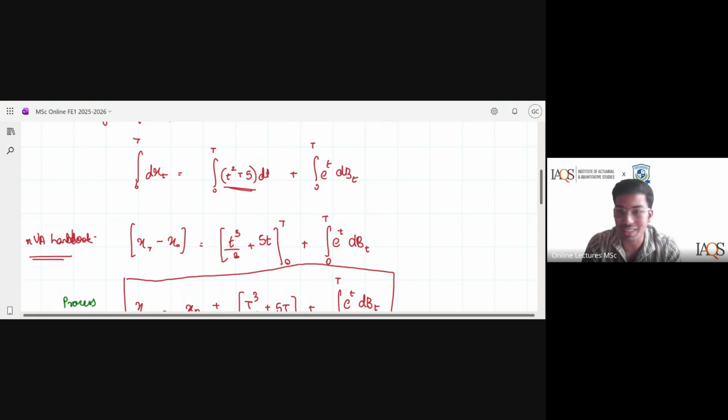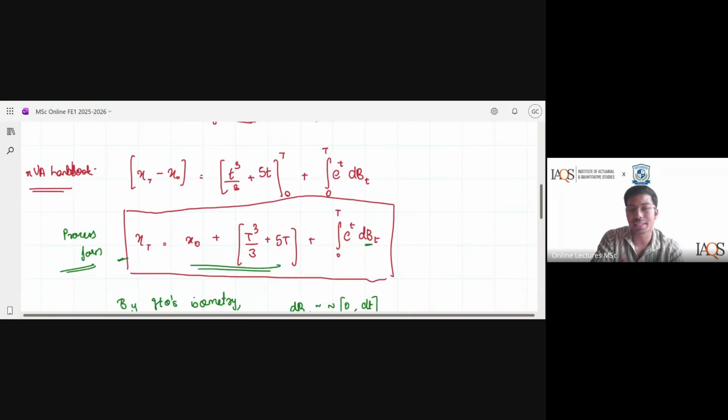This is where the complexity is, this is where all my rules of integration fail, that I have the time variable in terms of the integration, but I have to integrate it with respect to standard Brownian motion, which I know is not possible. Hence, that will stay as is. You will have the entire process form.